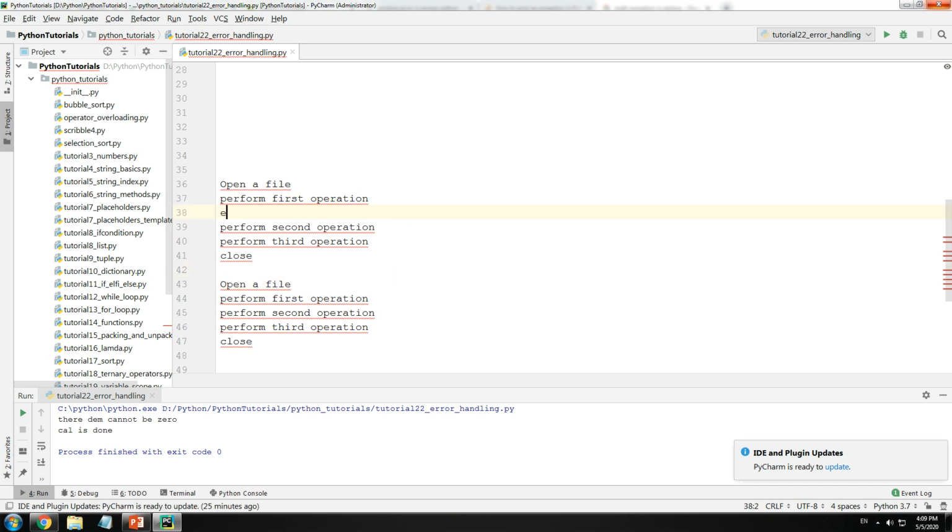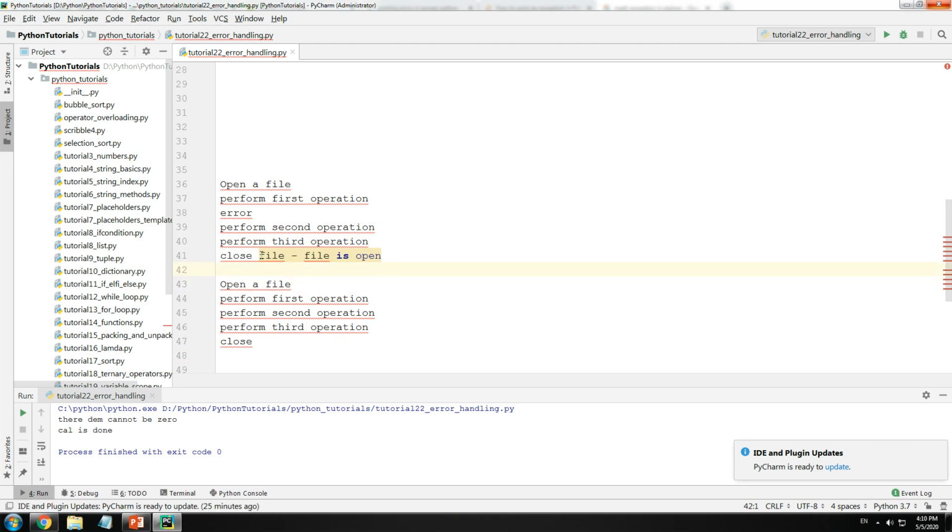What happens if I get an error right here? My close file command is not performed. So what happens is my file is open, and because my file is open, when it goes to the next part of the code which has to open the file again, it is going to throw me an error because the file is already open.